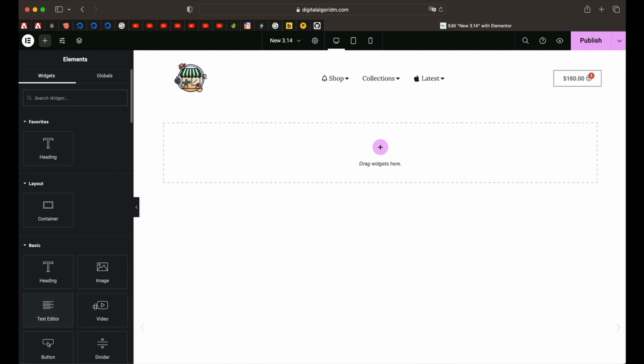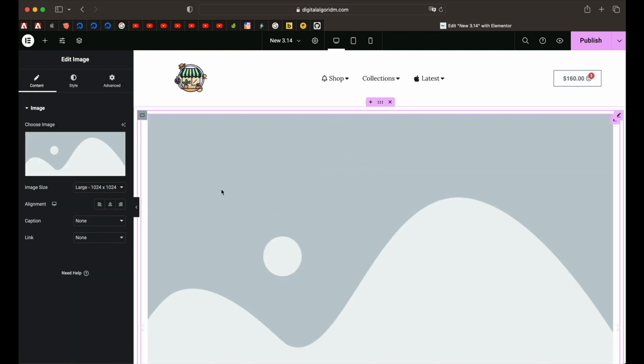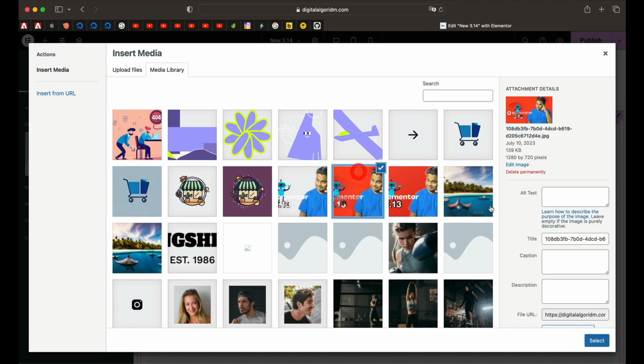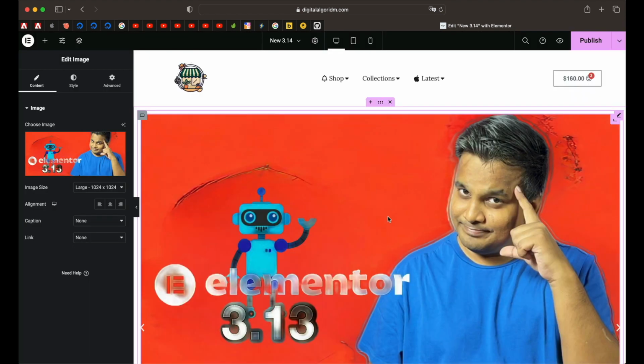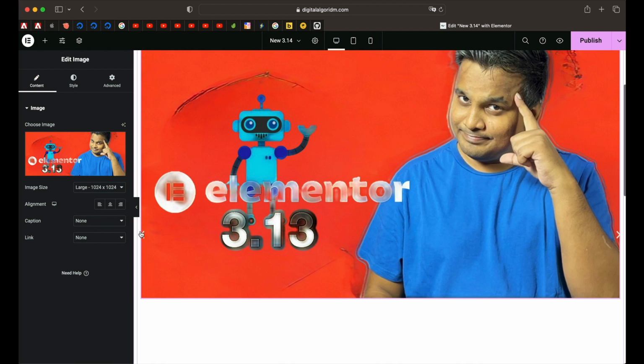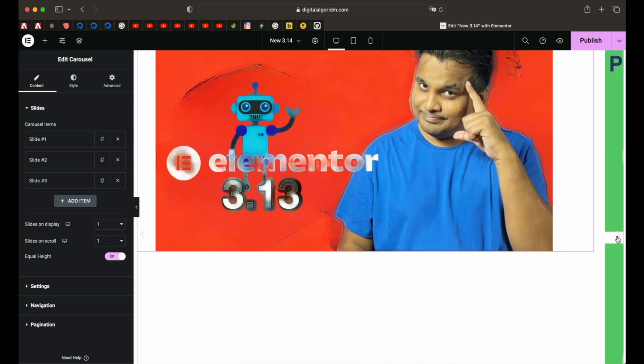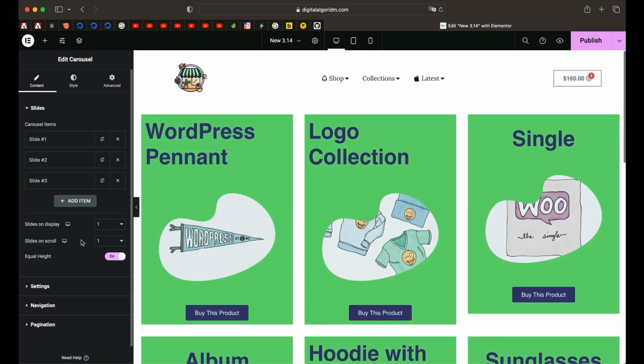So let's add, I don't know, maybe an image in here in the second slide of the carousel, and let's pick an image. I'll click on choose image and let's pick this one. I'll just click on select. So there you have it. So this is the second slide, first slide, and you can put any widget into the carousel